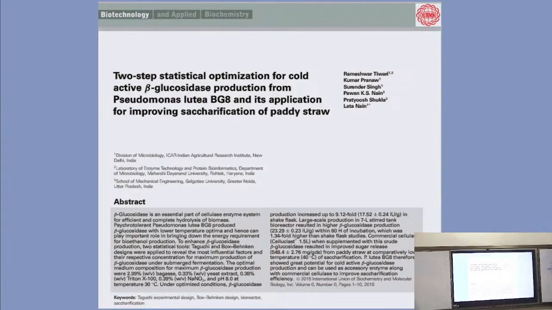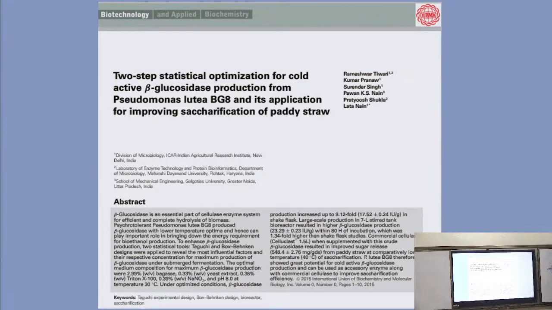And this is also the statistical optimization work which we have done. So what we have used is paddy straw, the low value substrate. I say it is a waste product, which is thrown. So you can use this paddy straw, wheat bran, all these are the substrates which you can use. And paddy straw, the burning of agricultural residues is a big problem in Delhi NCR. So that also gives the clue that you can use this paddy straw for cold active